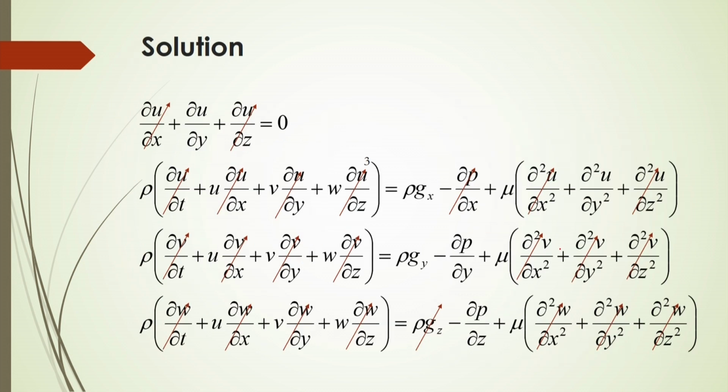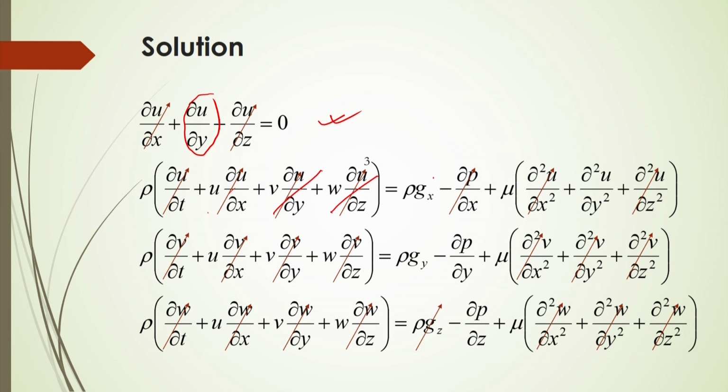So, if we apply this Navier-Stokes equation based on these assumptions, we can have ∂u/∂x equal to 0 and ∂u/∂z equal to 0. So, only these terms will remain in the continuity equation. So, it will become ∂u/∂y equal to 0. Other terms in this case, you will see this term will be 0, this term will be 0, this term will be 0, this term will be 0 as per the assumptions.